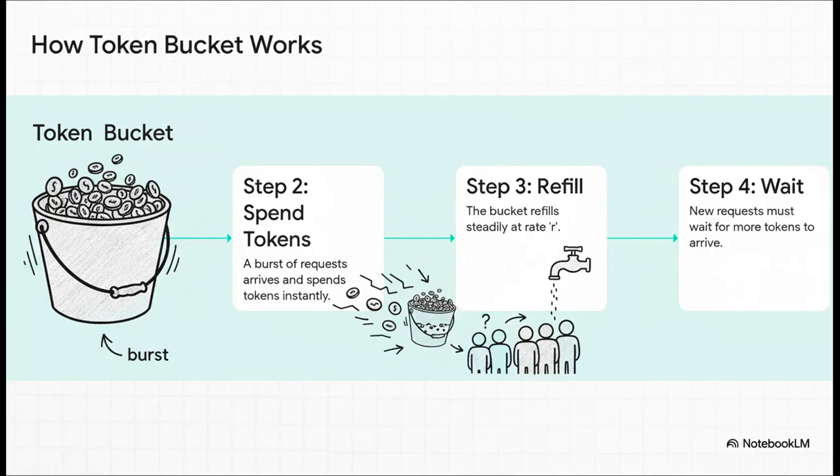So let's walk through how this actually plays out. Your system boots up with a full bucket of tokens. Then, a sudden wave of requests hits. No problem, it instantly spends those saved up tokens. After that initial burst, though, the bucket starts refilling at a slow, steady rate. Any new requests that show up now, they have to get in line and wait for new tokens to drip